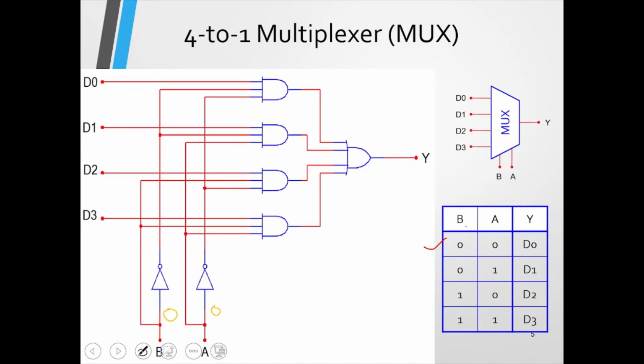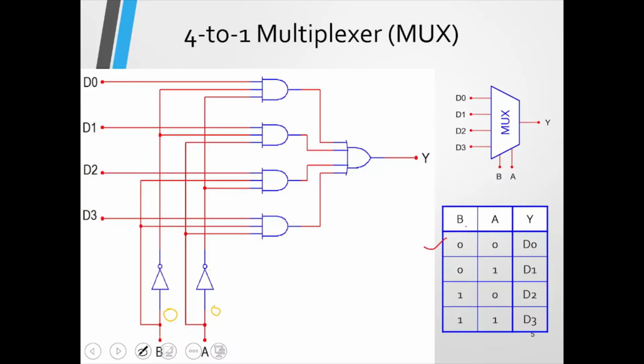Select inputs are 0 0. Now, for 2 AND gates, we have connected A and B as it is, but for 2 AND gates, we are connecting their inverting forms. So here we have used inverters, and at the output you get A bar, here at the output you get B bar, right? So this 0 will become 1 over here and this 0 will become 1 over here, right? So this line is actually 0 and this line is 1. Here also this line is 0 and this line is 1, right? Because the outputs of the inverters are going to be the complement of the inputs.